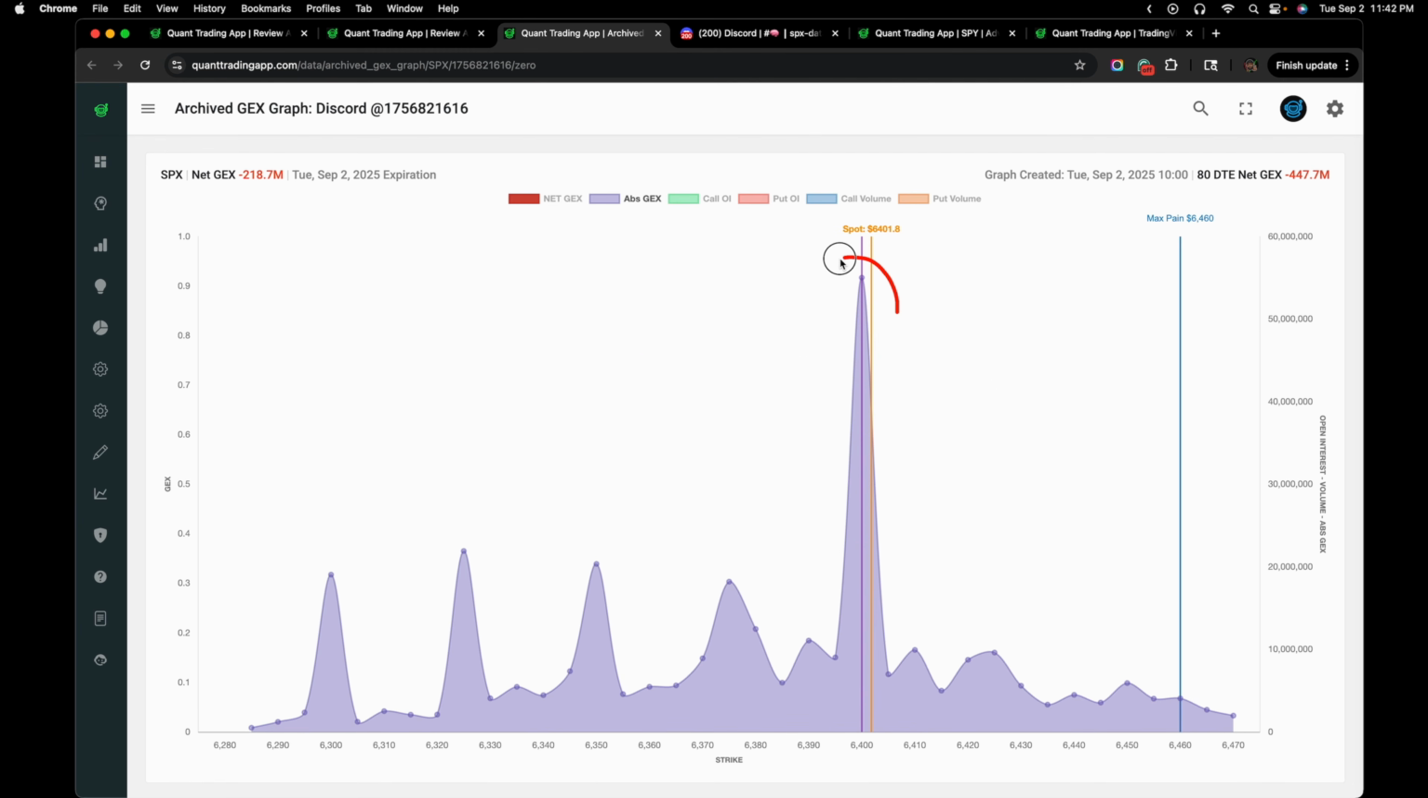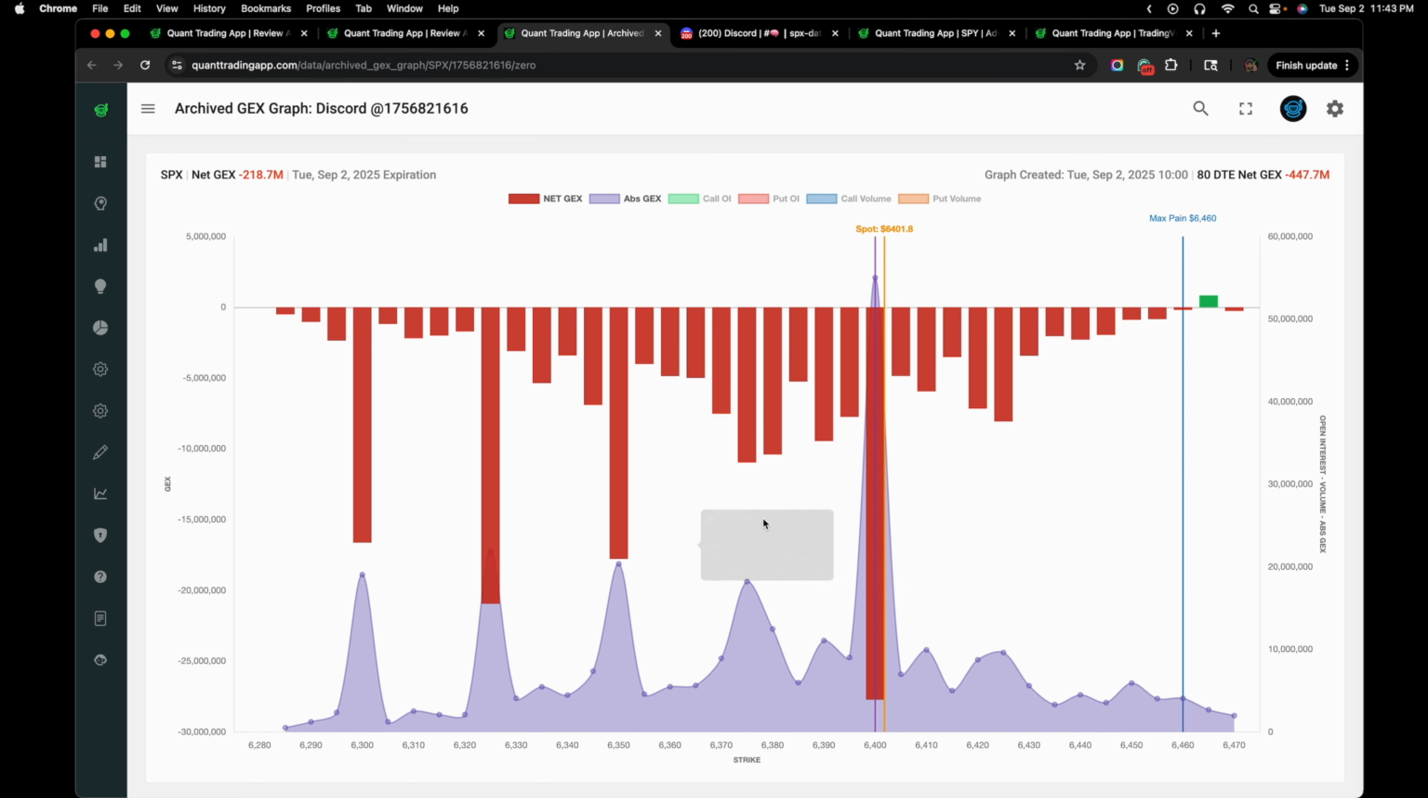The absolute gamma strike is much larger than all of the other absolute gamma strikes, but we can see the significant strikes on the way down. So this is 6,375. This is 350, this is 325, and so forth. These would be the expected support levels on the way down, especially if it lines up with these key net